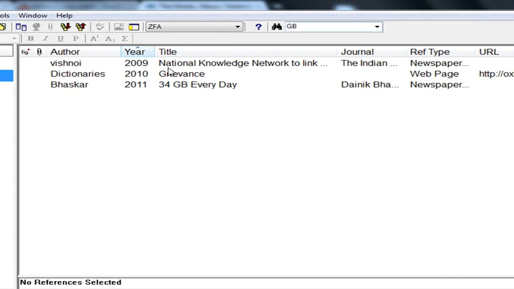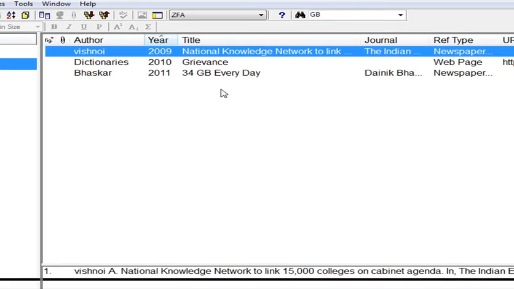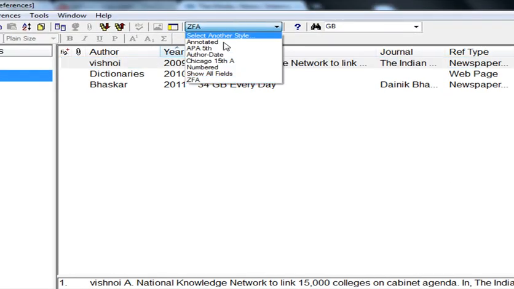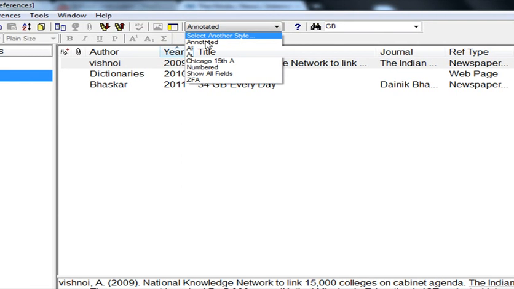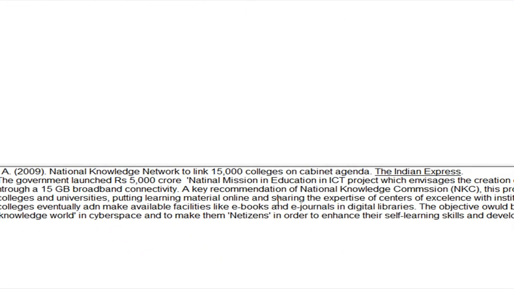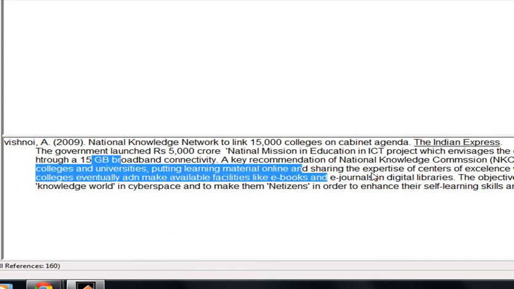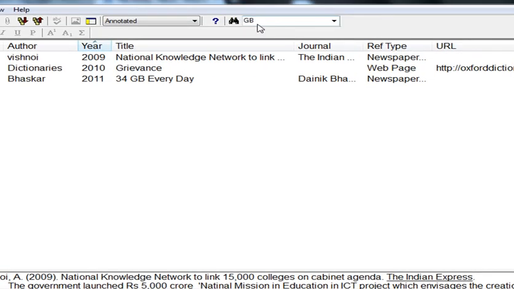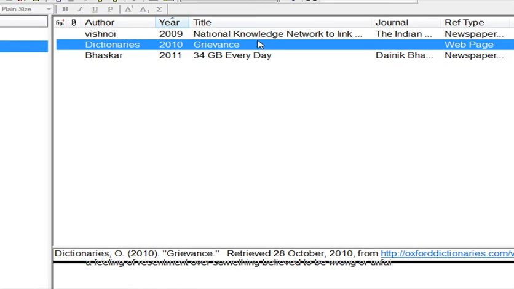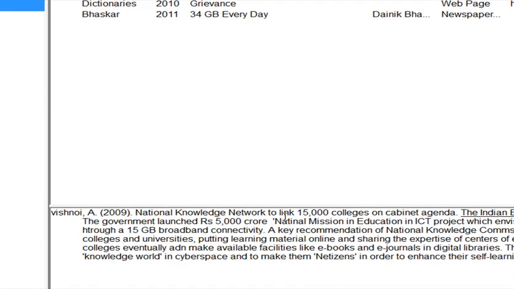See, there are 3 references in which the word GB appears. If we see the annotated style here, then you see GB appears in this news item also, and it appears in the grievance also, and it appears in the national knowledge network link also.